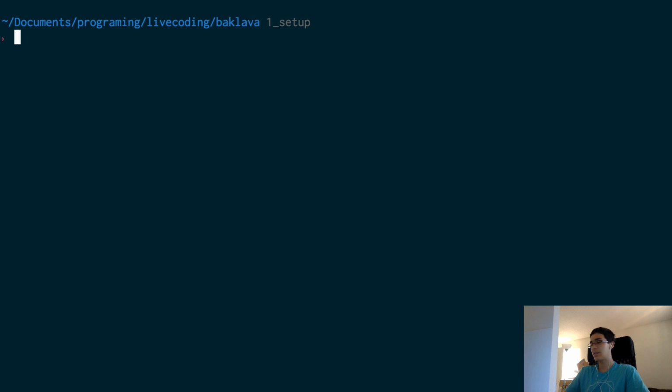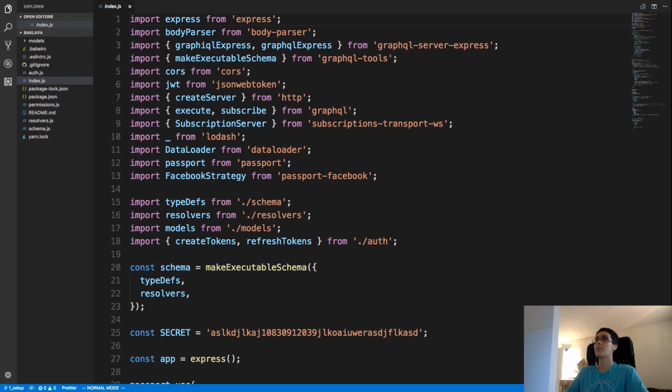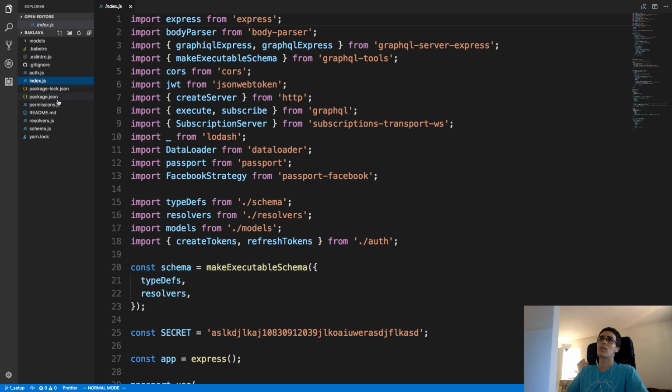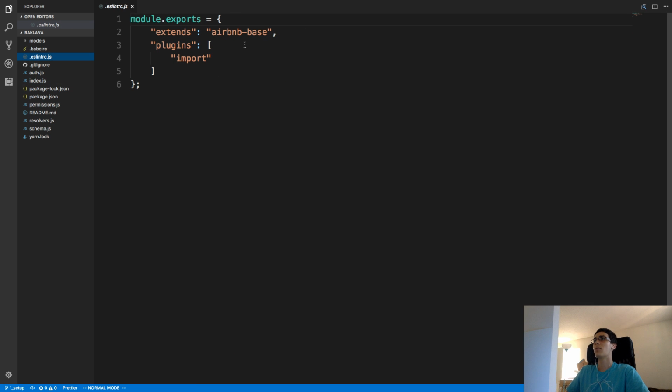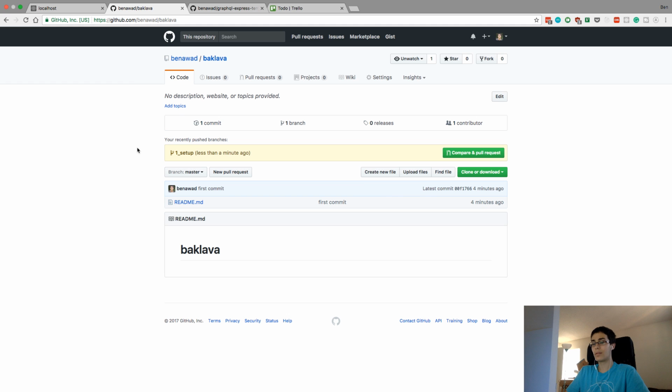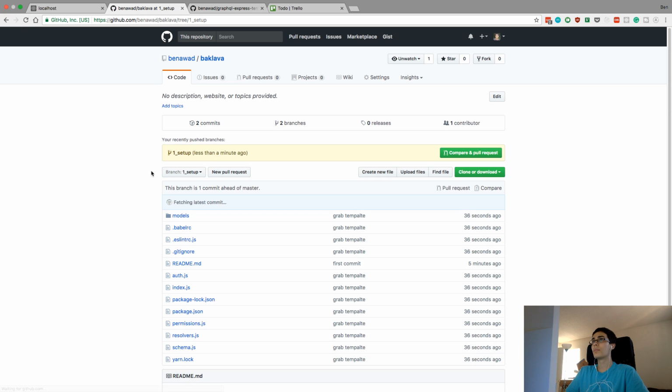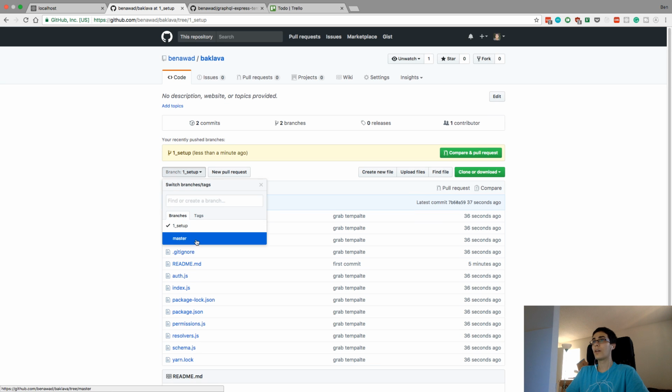All right, so we have this, I think, all set up. And I just want to make sure I have ESLint set up nicely too. We're extending Airbnb base, plugins, import. Yep, that seems fine. And now we should see all our code here too. All our stuff. If I go into setup. Cool. And we do. So now in master here,